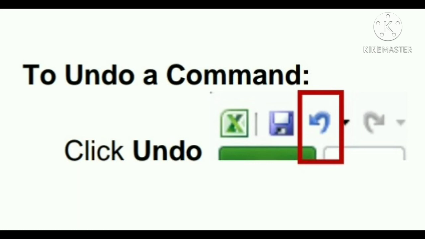Undo. Excel and other Windows applications have a convenient method of correcting mistakes known as undo. In many applications, including Excel, you can undo an almost limitless number of commands. The undo button has a small down pointing arrow next to it. When pressed, it will display a list of actions that can be undone. Redo works the same way, allowing you to repeat actions.